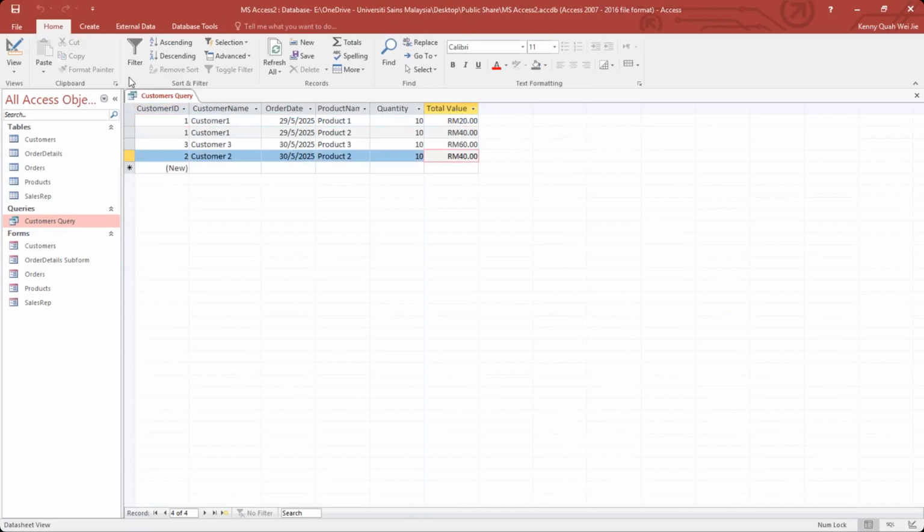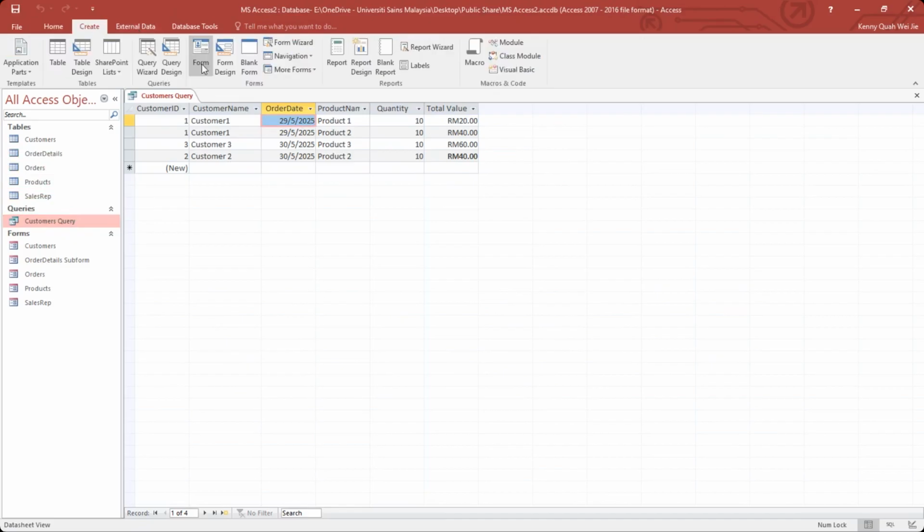You can do that as well to add in the computation over here and do some basic computation onto the table. That's the reason why the total value is removed from our theory NF, because we can just calculate on the fly, all right? There you go, there you have it. It's about the query. Now let us move to the final part of this lesson, which is on creating the